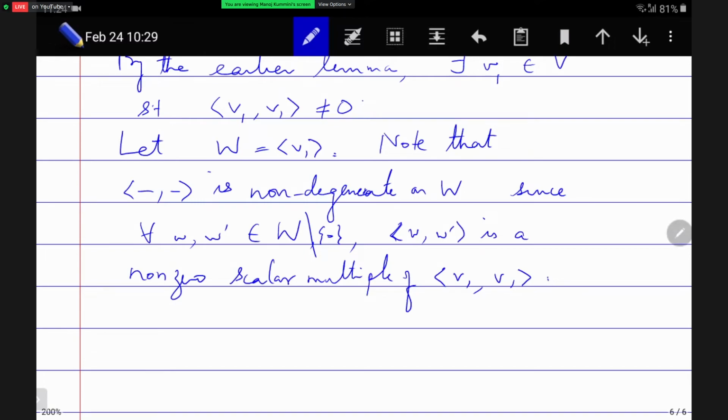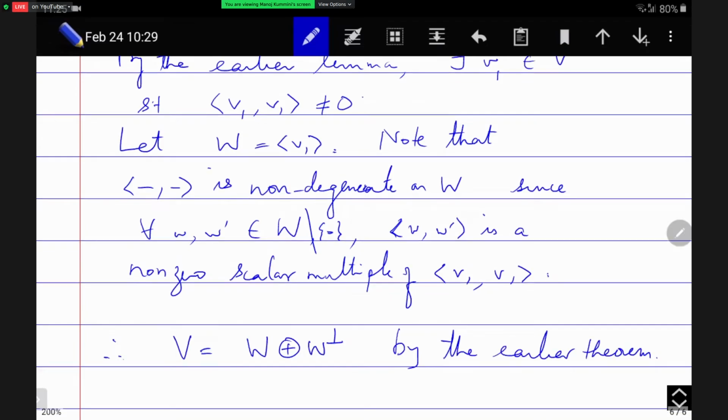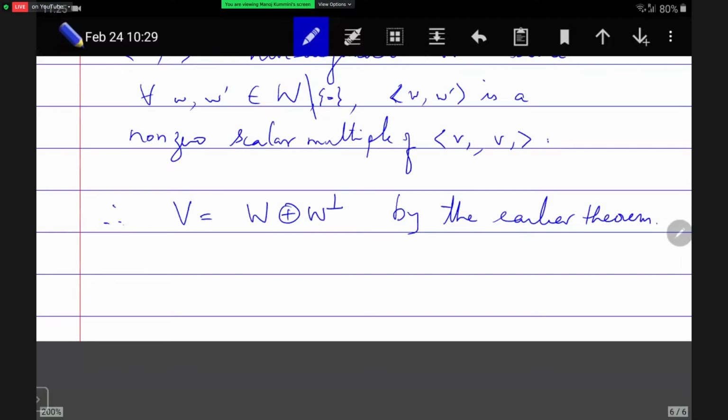Therefore, we can apply the previous theorem that we proved. We started in the last class, finished the proof today. So V is the direct sum of W with its orthogonal complement, by the earlier theorem. Now this is a direct sum, and the matrix will look like the part for W, which is just a 1 by 1 matrix, and then the part for W perp, which has complementary dimension n minus 1. By induction on dimension,